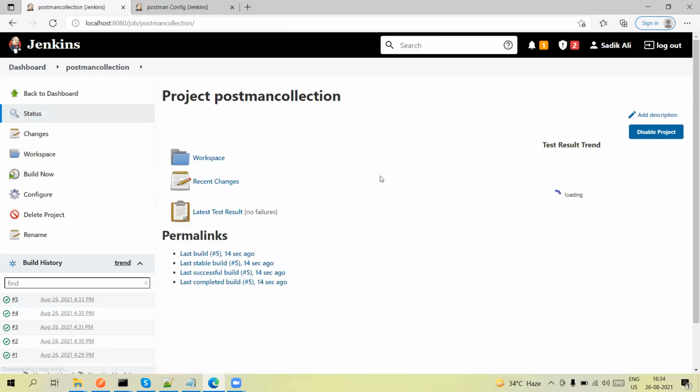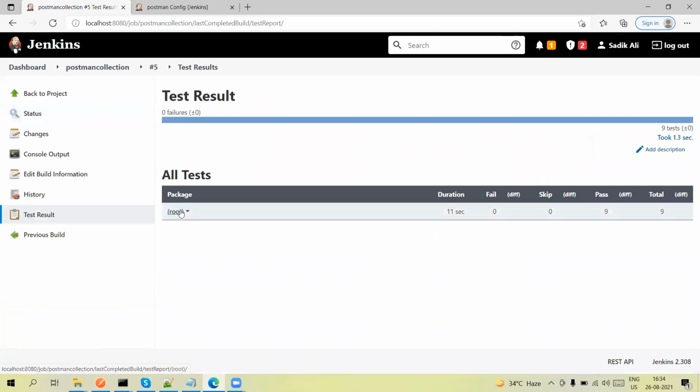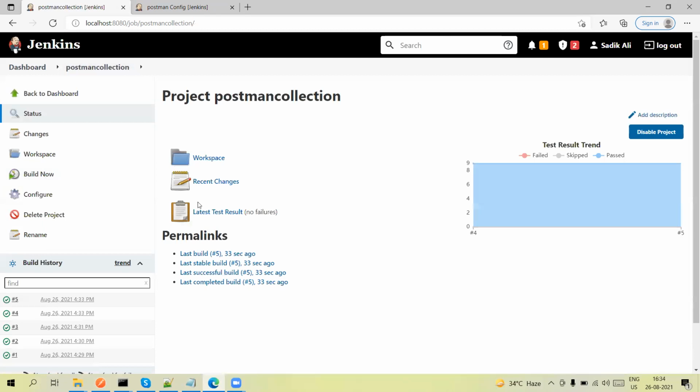Refresh the page. Data is coming here, right? Now you can see. So we can also publish the JUnit result on the Jenkins environment and see the reports like this. Here we can see the comparison of histories, all of those.